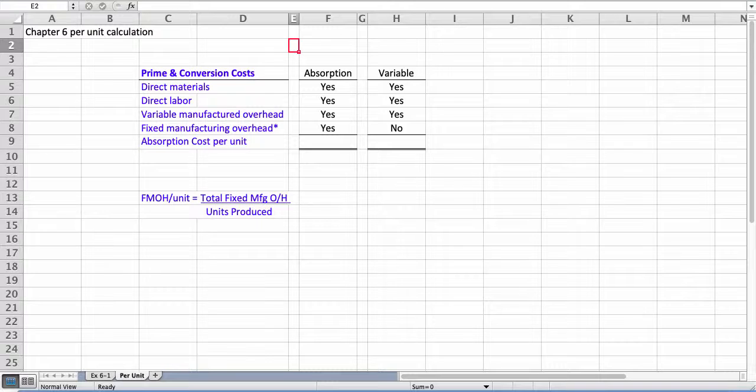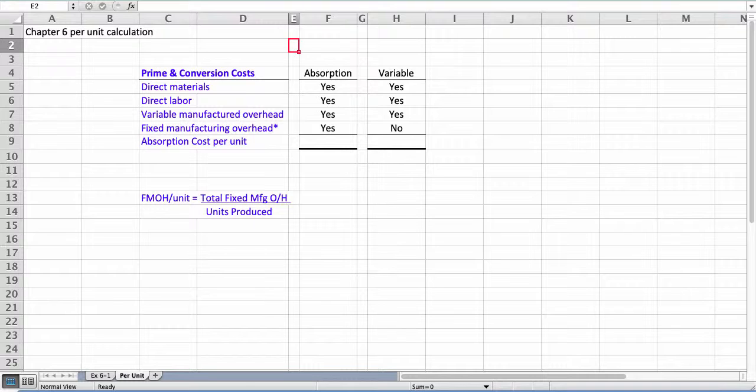The two main concepts are what is the absorption costing method and what is the variable costing method. And this small chart, I think, explains it all. Absorption wants to absorb all manufacturing overhead and prime and conversion costs. So they want to absorb everything that's related to manufacturing costs, while variable only wants to include those items that